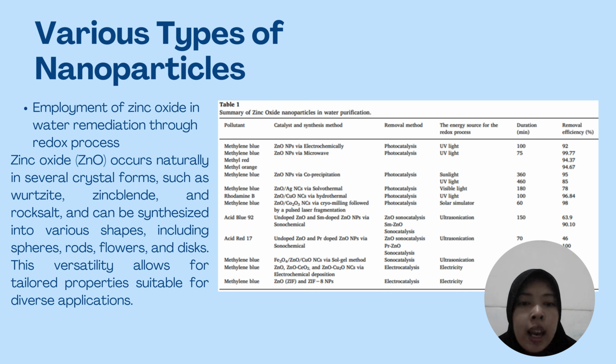Zinc oxide has gained significant attention due to its varied morphology and the ability to modify optical, mechanical, electrical, magnetic, and chemical characteristics. Zinc oxide exhibits a broad and direct bandgap within the near UV spectral range, impressive oxidation capabilities, biocompatibility, environmental